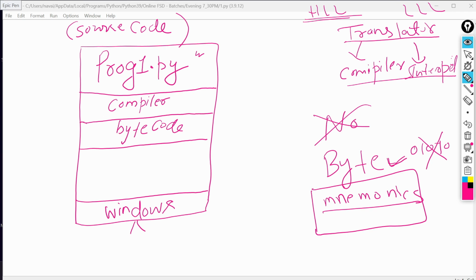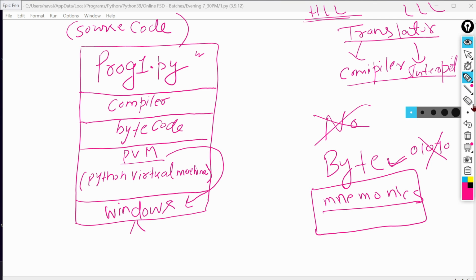So when you download Python software, it comes with one piece of software, the Python virtual machine, PVM. The Python virtual machine further translates this bytecode into Windows understandable code.